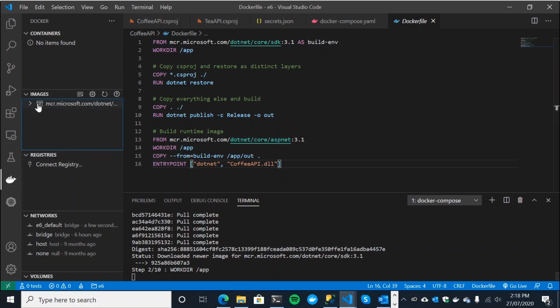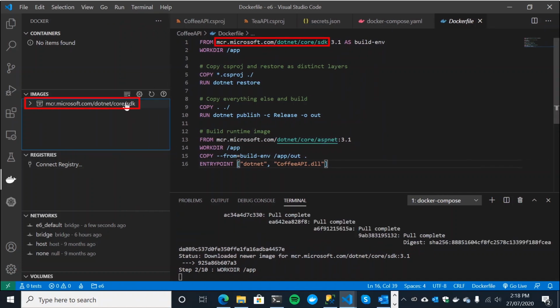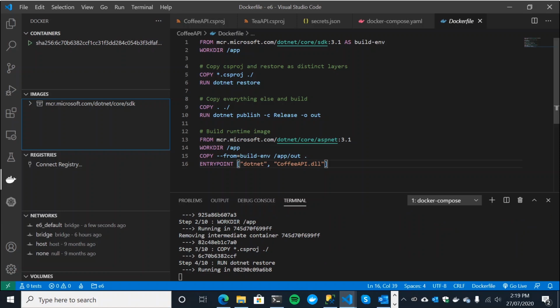So you can see here it's pulled down that image. It's now here, available for us to use. So if we run this again, and we will do it again, it'll be much quicker. We're not pulling down these images. Now obviously it will do a check at some point in time to make sure that the image is not out of date or whatever.